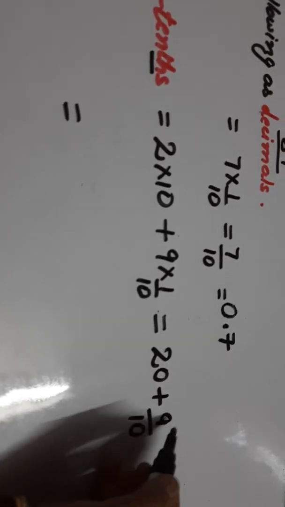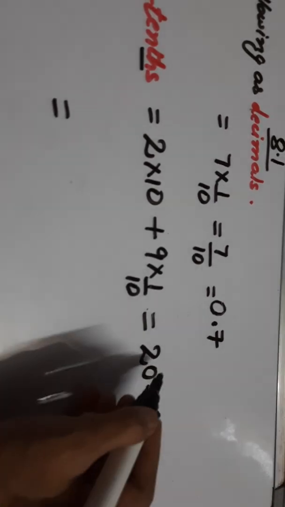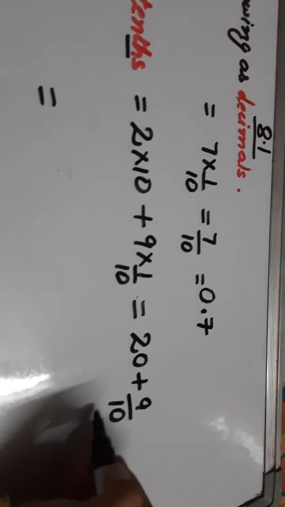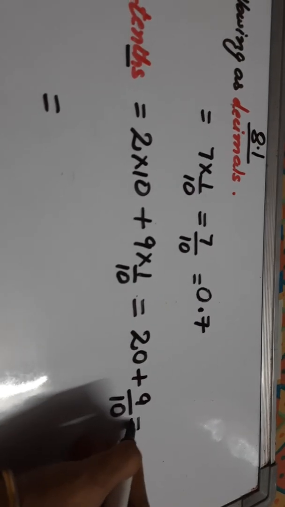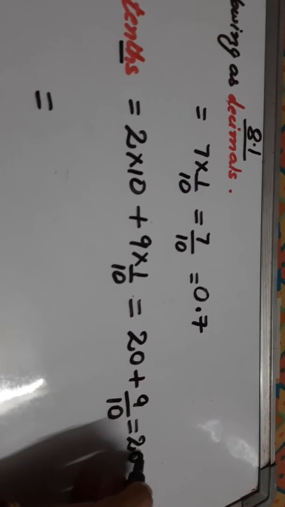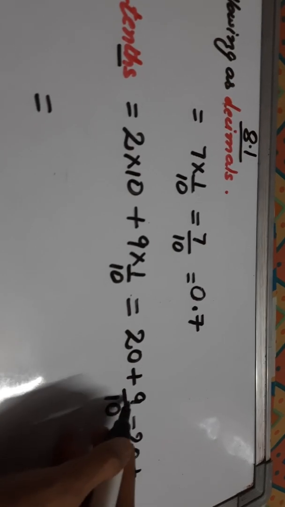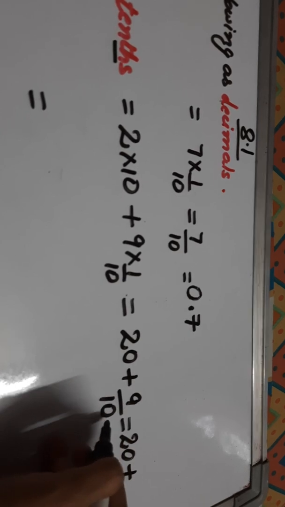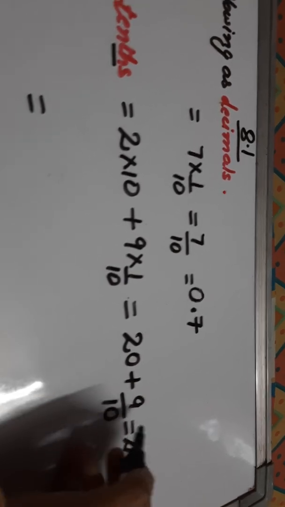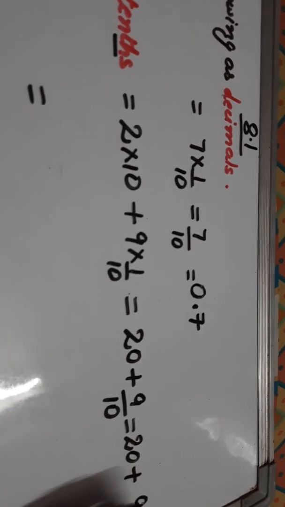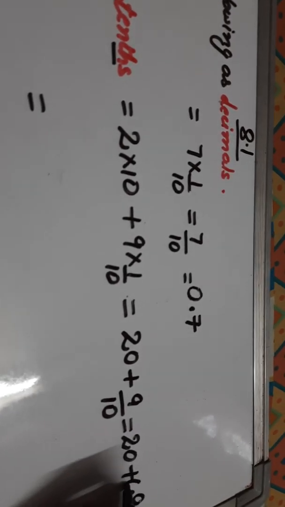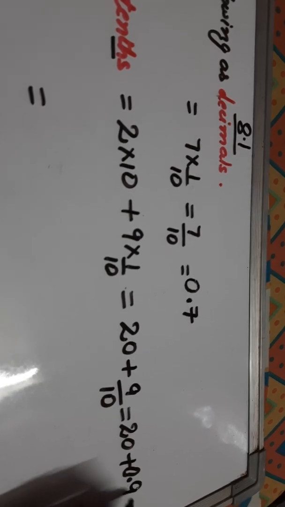And this 10 in the denominator represents the decimal part. This is the whole part without the denominator, and this is the decimal part. So we will write it as 20 plus, now for this we'll place the decimal. As the denominator is 10, it carries only one 0. So we will take only one digit, that is 9, and we'll put a decimal over here. And if no digit is there, we'll write 0.9.